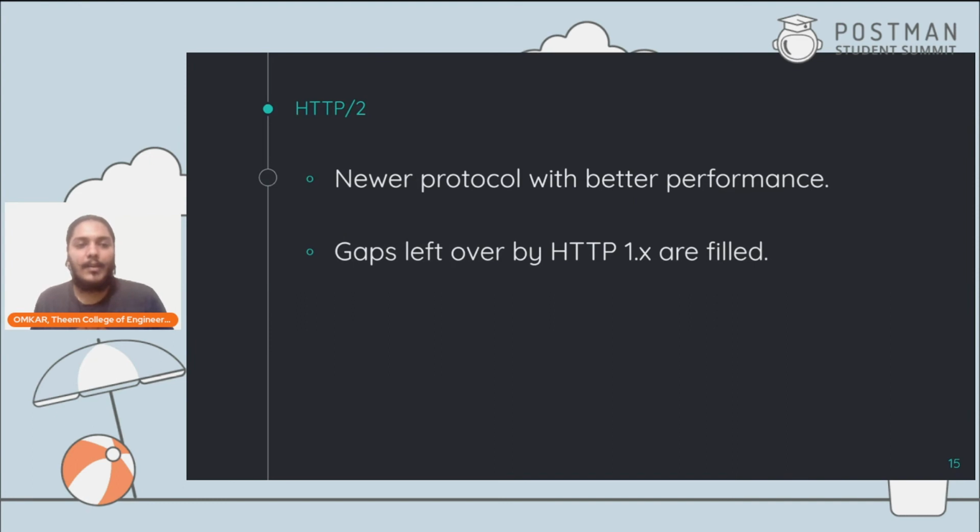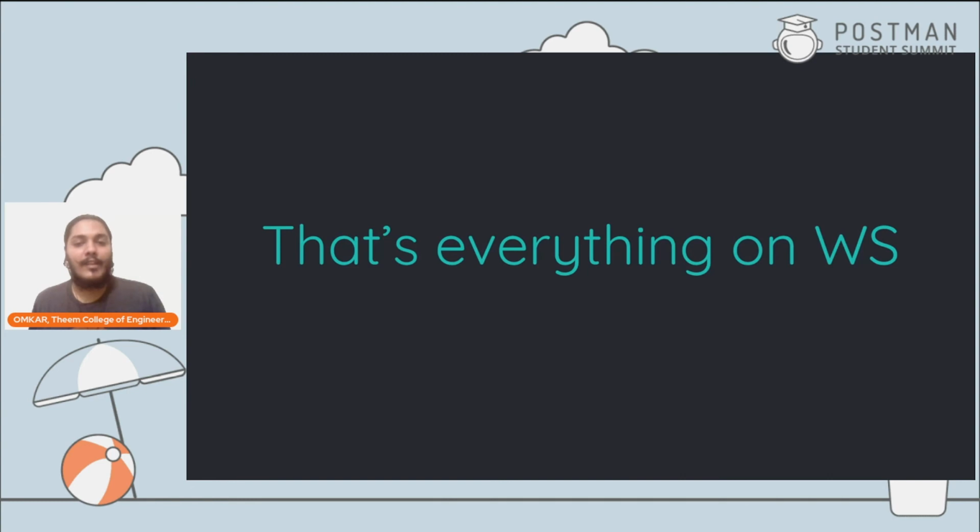Next comes HTTP2. It is a successor to HTTP 1.x, and it improves a lot of the performance of HTTP 1.x, and it supports multiplexing over a single TCP connection by default. And gRPC is actually based on HTTP2. So if your browser doesn't support HTTP2, then there might be some issues running some applications, but most modern browsers do support it. So that means by default it supports HTTP2. That's actually everything about WebSockets that I wanted to show you.